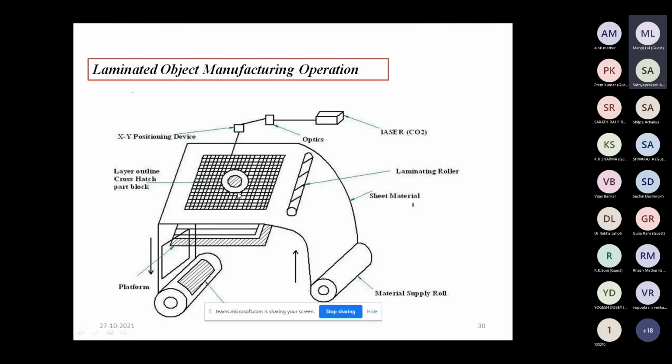When one layer is manufactured, the rest of the sheet is collected by the take up roll, and then this process is repeated and the next layer is formed. When the end product is generated, the remaining cross-hatched sheet is subtracted from this part, and we get the final product.